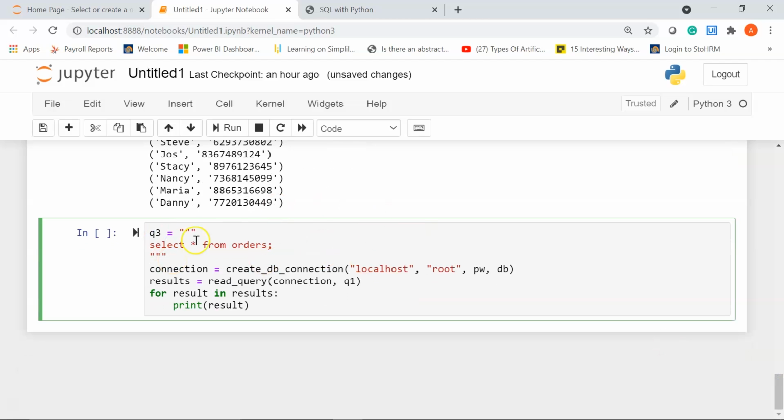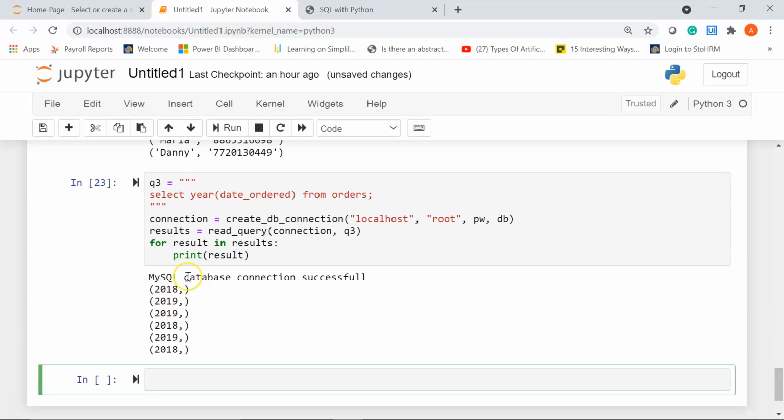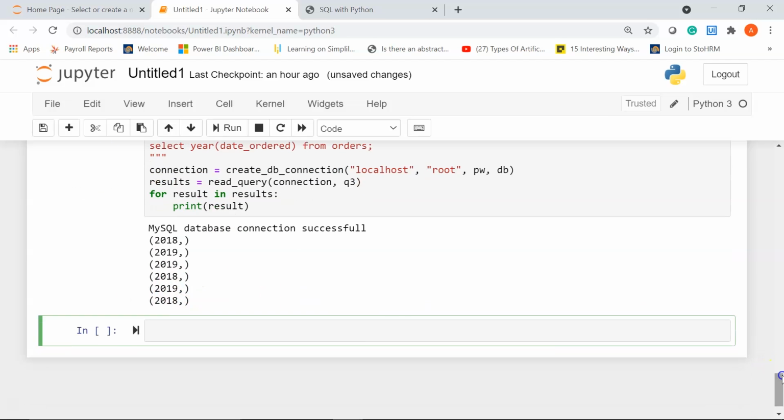Instead of q1 I'll make it q3, and here I'm going to write select year, which is my function name, from my column which is date ordered, from orders, and here I'll change this to q3. q1, q2, q3 are basically query 1, query 2 and query 3. Let's run it. There you go. So we have successfully extracted the different years present in the order date column.